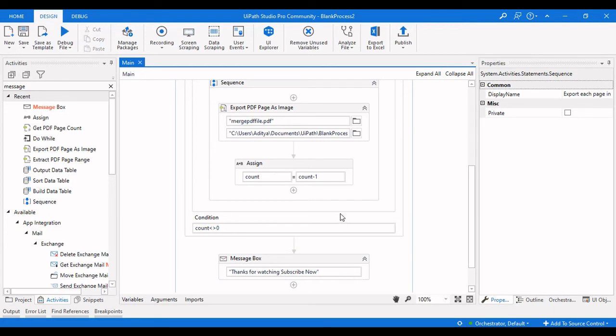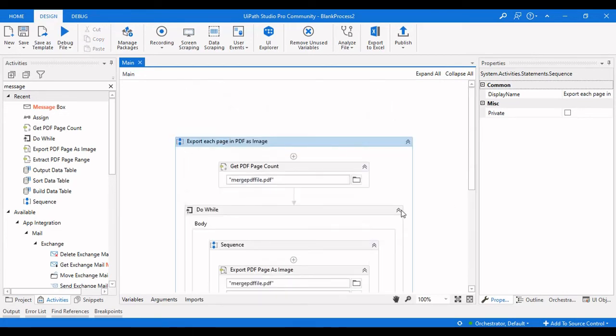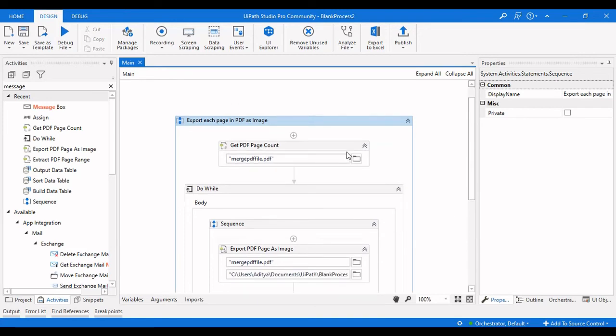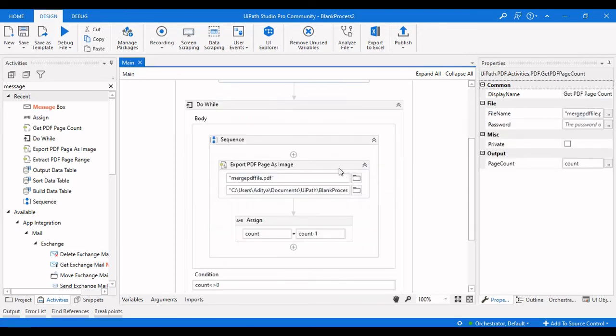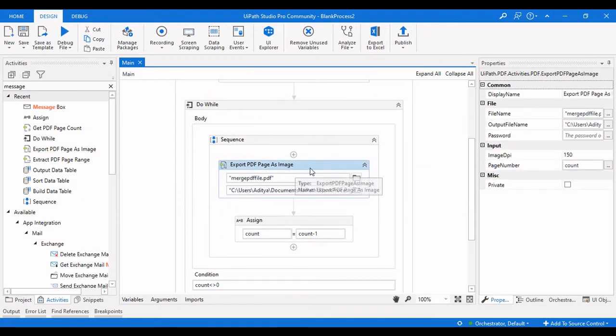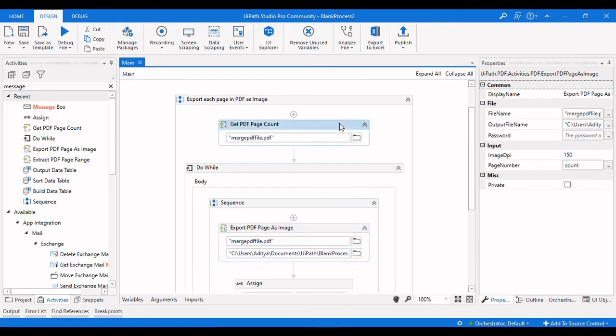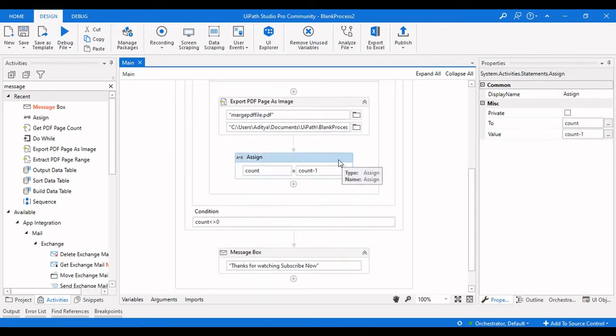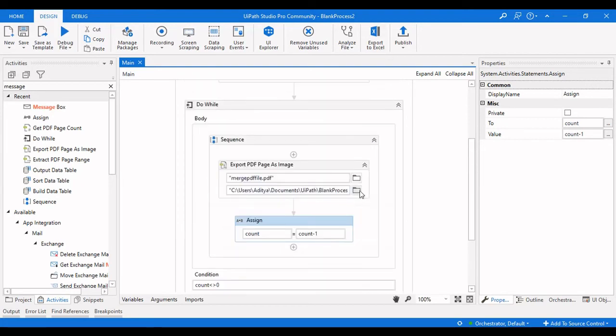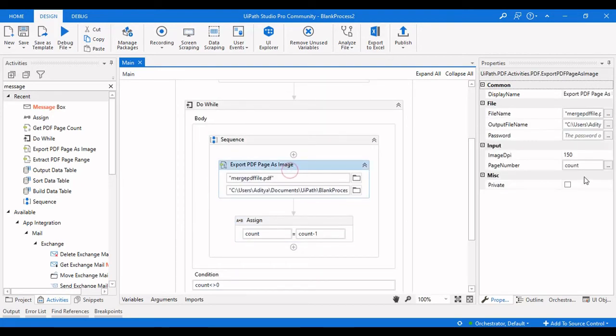So this is what we have done to extract all pages in the PDF file. First we got the count from the PDF, and then we exported every page in the PDF, giving the input page number as the count, and then we are decrementing the count value by 1, so it will be 7 next time when this loops over.